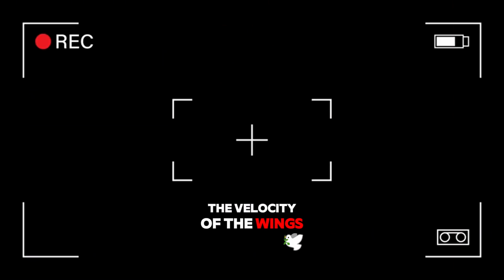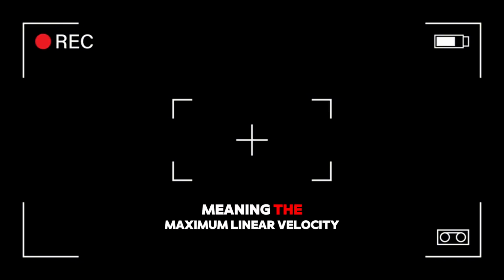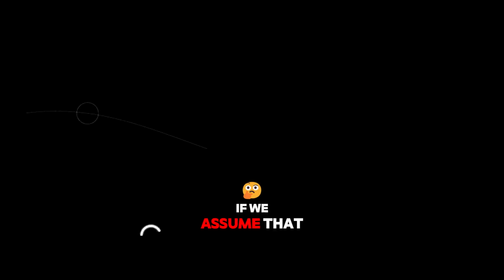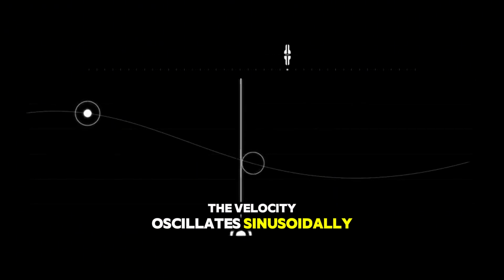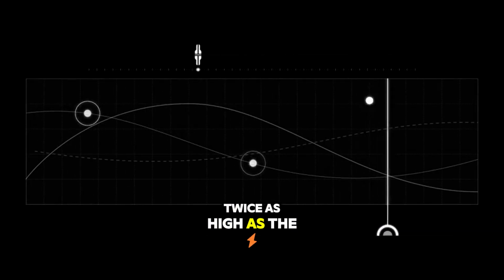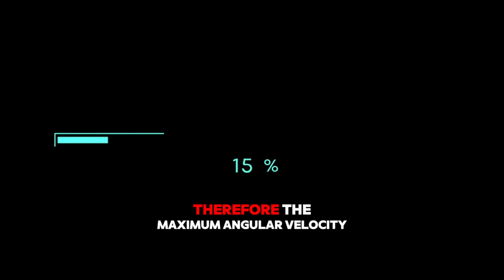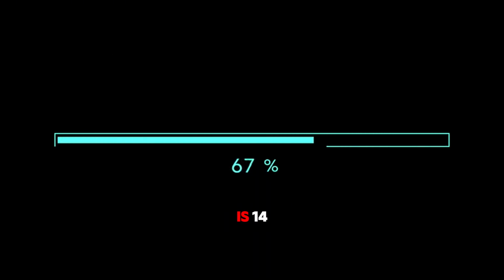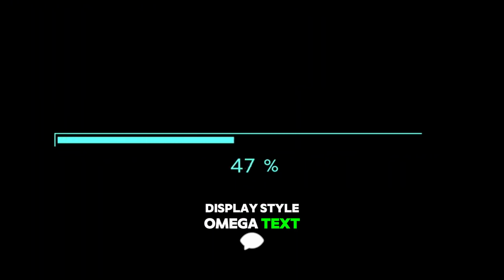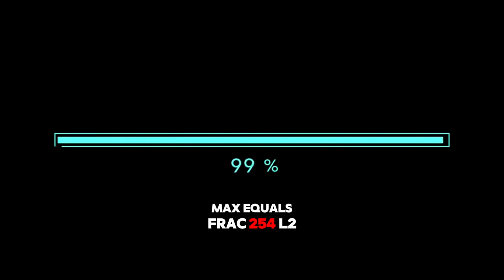The velocity of the wings is 0 both at the beginning and at the end of the wing stroke, meaning the maximum linear velocity is higher than the average velocity. If we assume that the velocity oscillates sinusoidally along the wing path, the maximum velocity is twice as high as the average velocity. Therefore, the maximum angular velocity is ω_max = 254/(L/2),